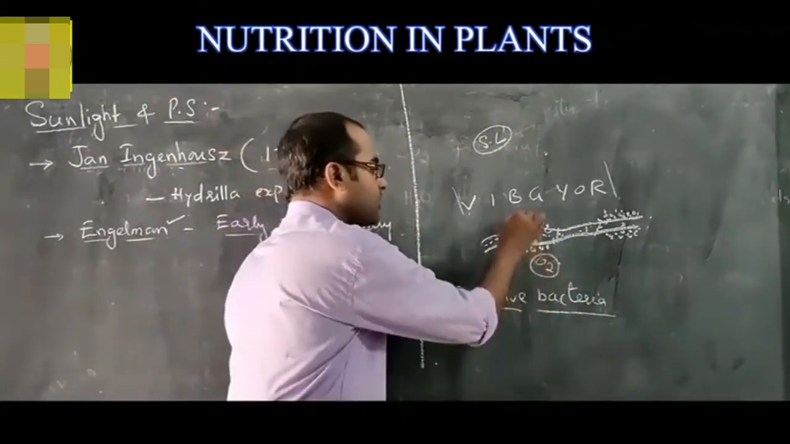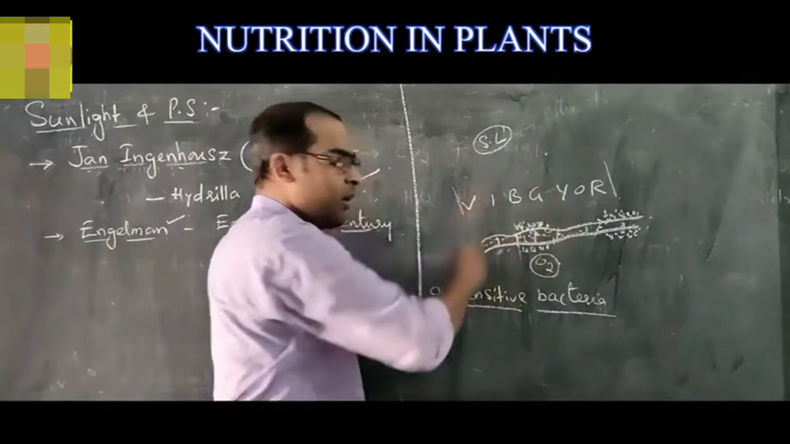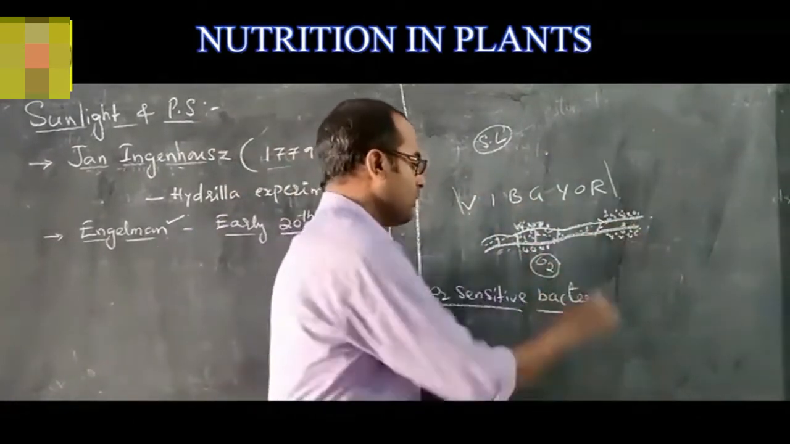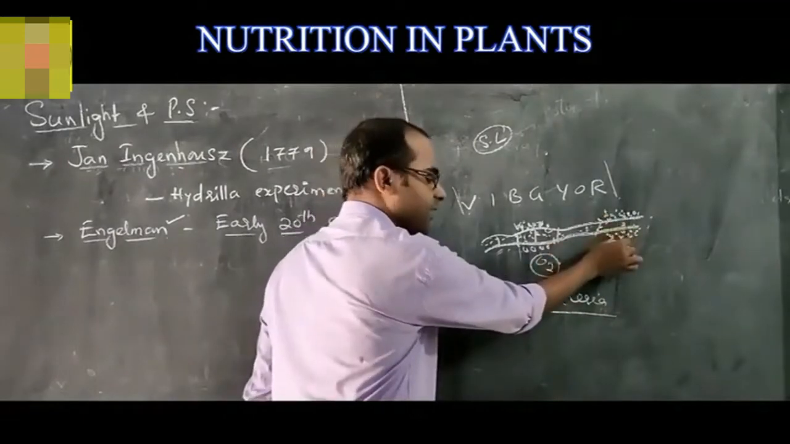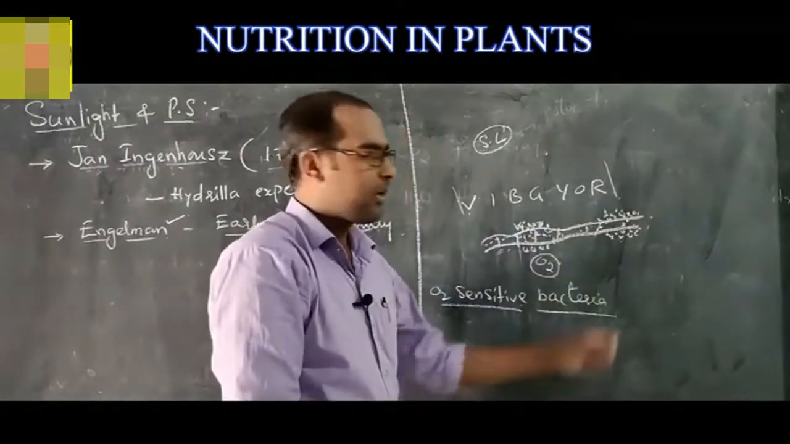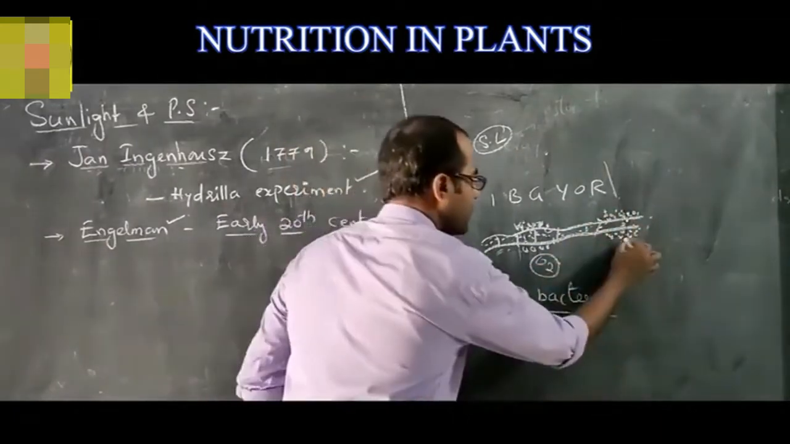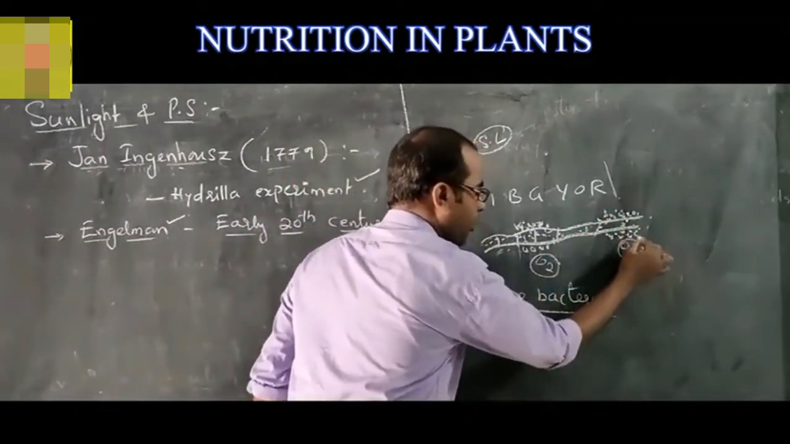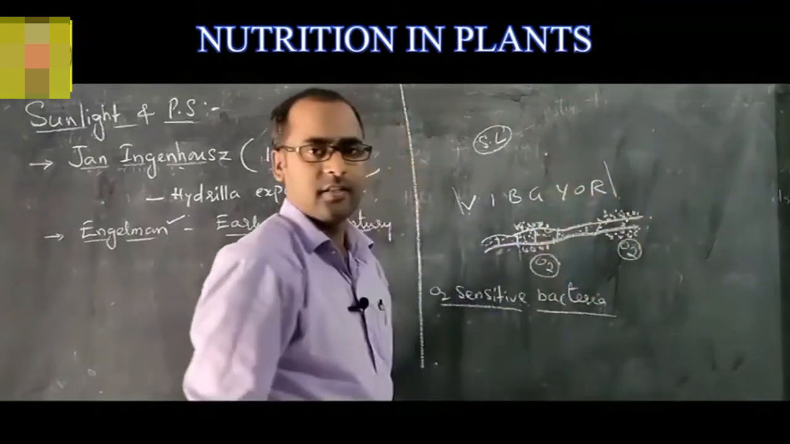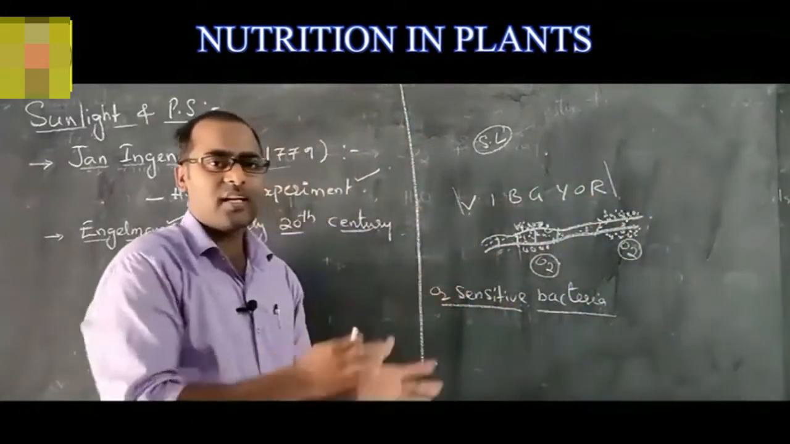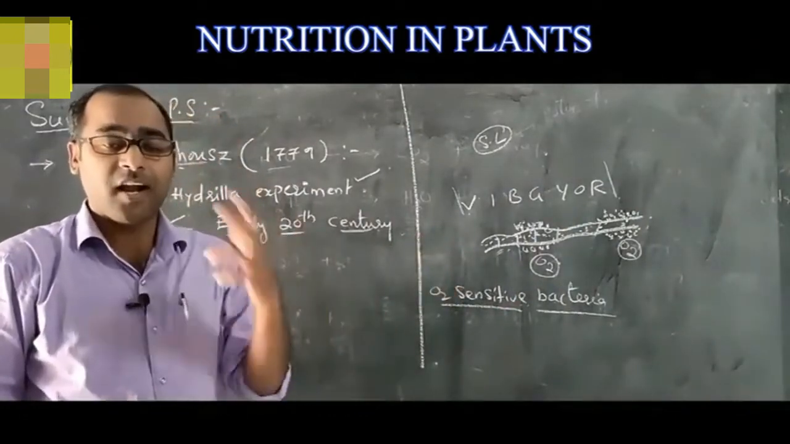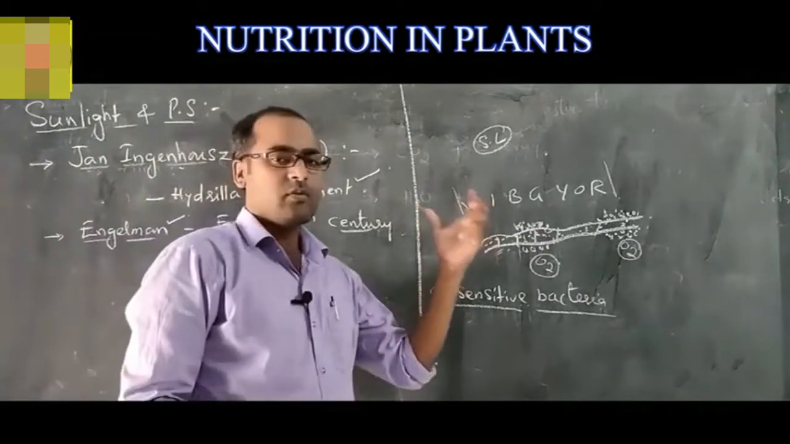That is why the oxygen sensitive bacteria are gathered more here, and here also at red light. That means here also the rate of photosynthesis is more, and the production of oxygen is also more. That is why the oxygen sensitive bacteria are gathered here. From Engelmann's experiment, what we can conclude is,